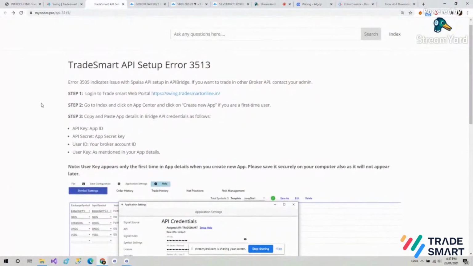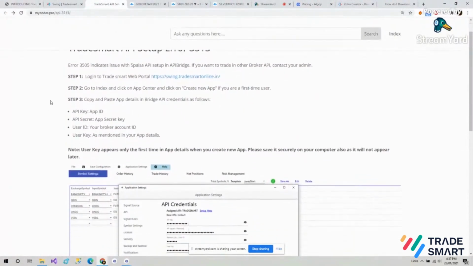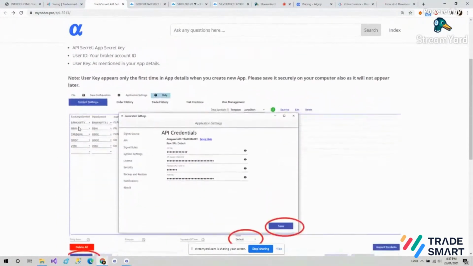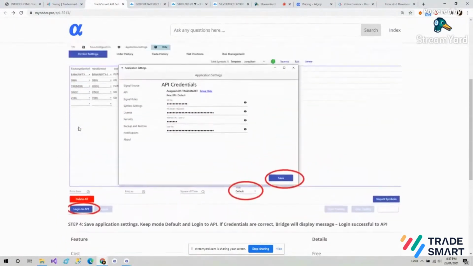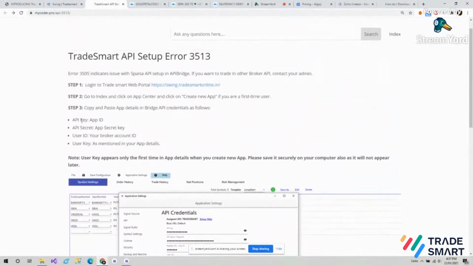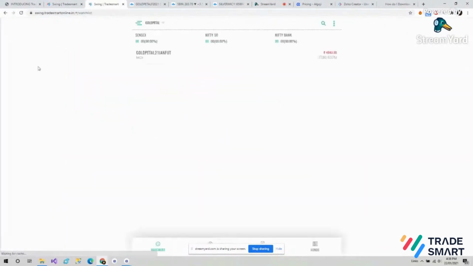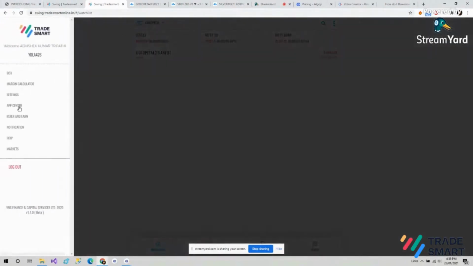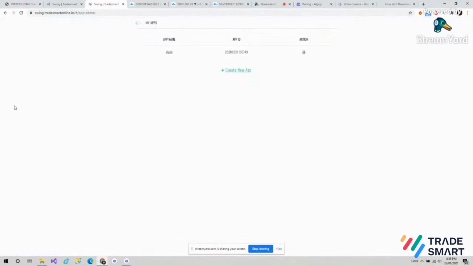this page will appear, and here you can see step-by-step instructions are given to how to get those credentials. Step 1 says that you'll have to log into TradeSmart web portal, that is swing-tradesmartonline.in. When you'll click on this, you will go to the index and click on App Center.